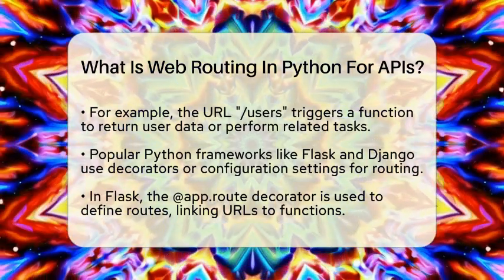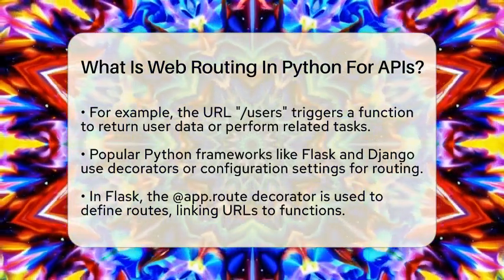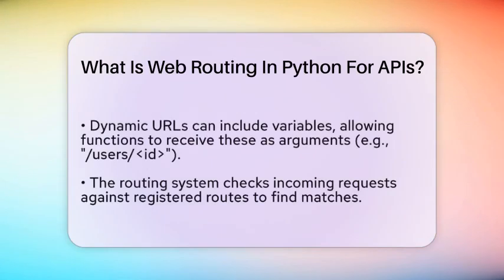Routing can also handle dynamic URLs. This means you can create paths that include variables, where the function can receive the variable part as an argument. This flexibility allows APIs to manage requests for specific resources easily. When a request comes in, the routing system checks the request's URL and method against the registered routes. If a match is found, it runs the corresponding function, which processes the request and returns a response, often in